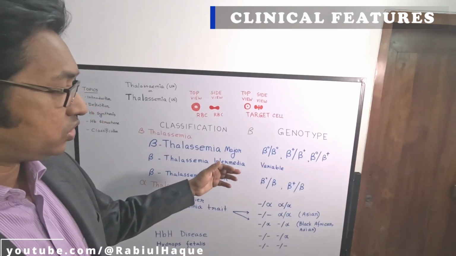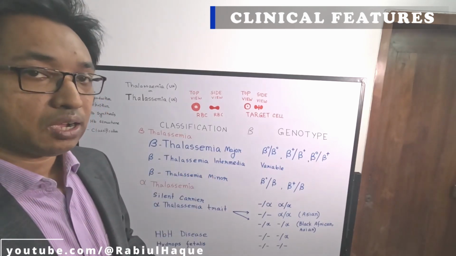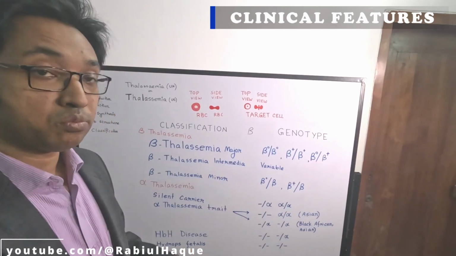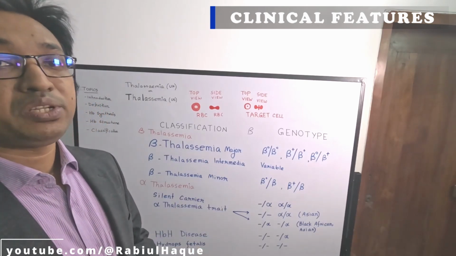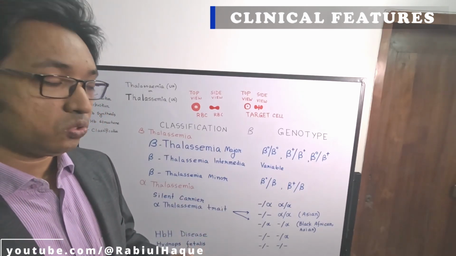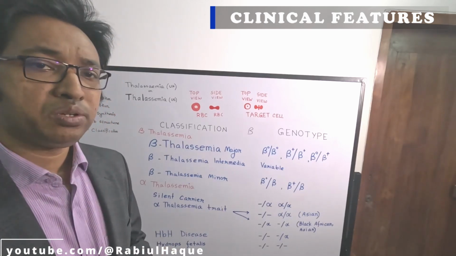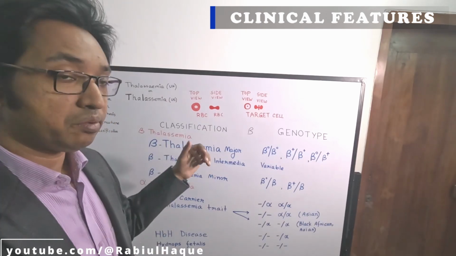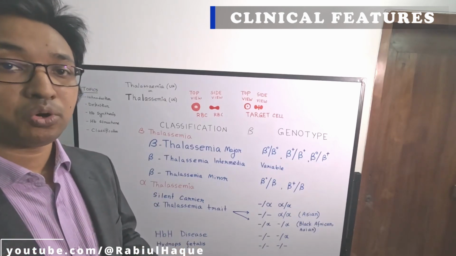And just like the genotype, the clinical features of beta-thalassemia intermedia are also quite different. They will also suffer from severe anemia. However, they will not require repeated blood transfusion all the time. So one thing you have to remember, that particularly in case of beta-thalassemia major, the patients may have prominent cheekbone,